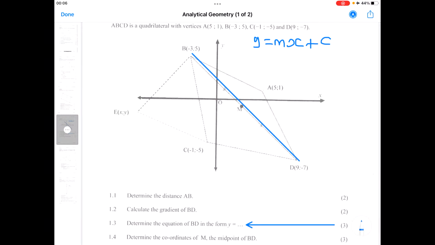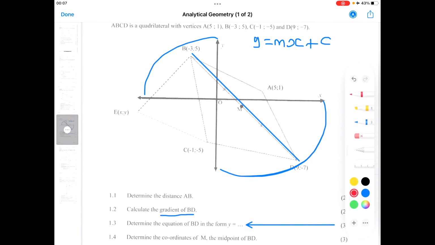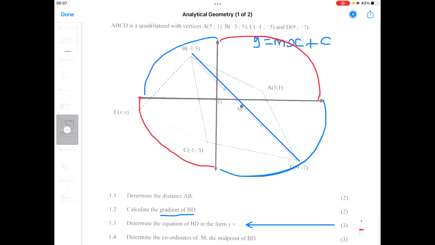But now, what is the gradient? I think we have calculated the gradient there. What I know is that for that line, you are going to have a negative gradient. How do I know? At all the times when you have a line which ends in quadrant number 3 and quadrant number 4, it will always have a negative gradient. But for a line ending in quadrant number 3 and quadrant number 1, it will have a